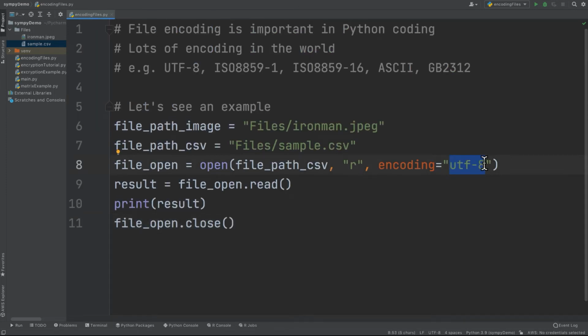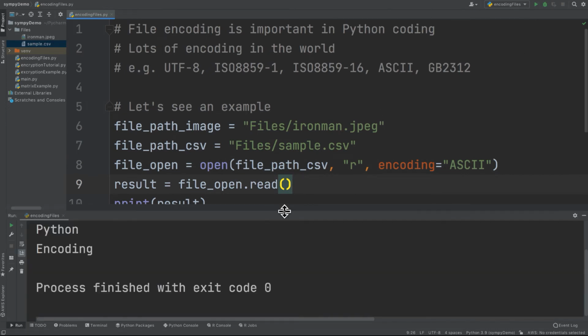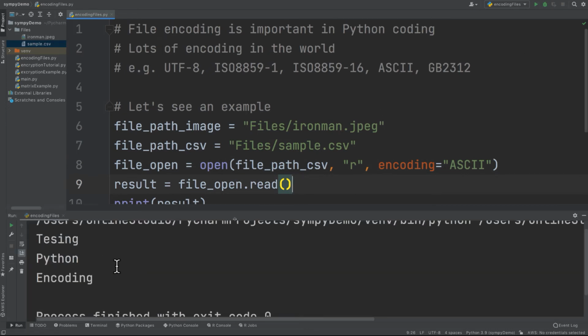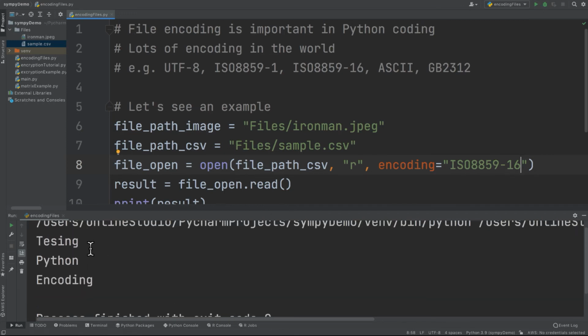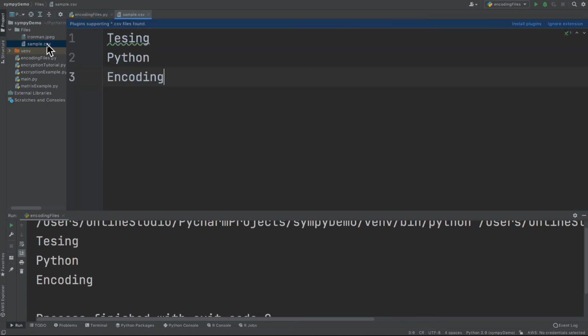Because I'm using the encoding UTF-8, now I just change it to ASCII, and let's see if something changes. You can see nothing changed, because in the English language, most encodings can handle it well. Even if you put ISO 8859-16 for the encoding, you can see the result will be the same, because English is like a standard in this world. But if I add some Chinese characters, like this one, which actually means testing in Chinese,